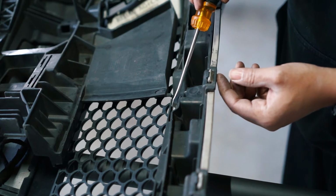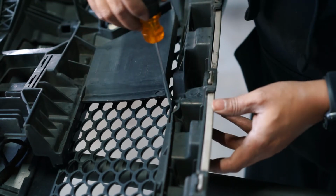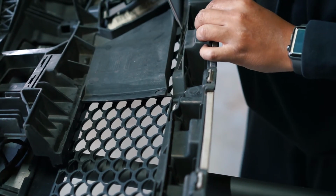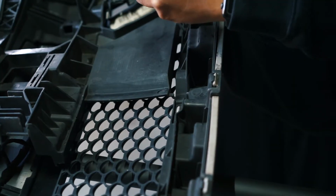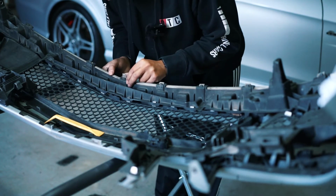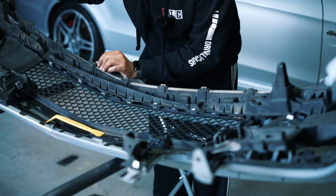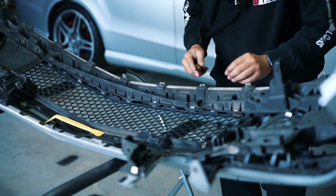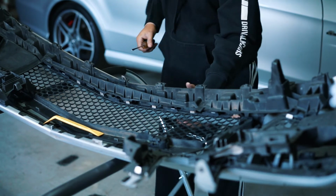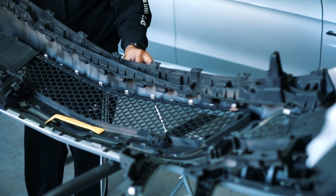There's a tab in the front as well as the back, so we're gonna have to work back and forth just to make sure it's not too much tension on there so you can pull it up. And it gets easier as you get more and more tabs off. Now you do have to be careful with these tabs because they will break. All right, that piece